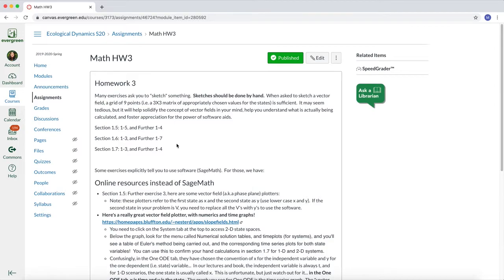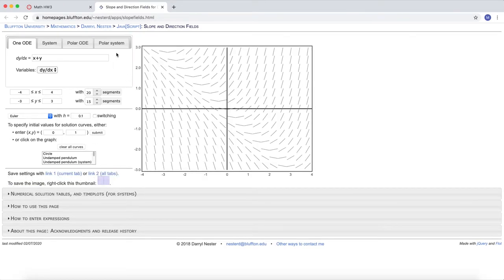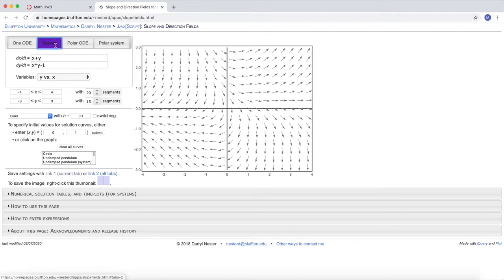They're finishing off chapter 1, and for 1.5 it seems like it might help if I was able to visualize some of these phase planes, or vector fields as they're called. So I clicked on the link there and I'm taken to this wonderful website. I'm so happy this website exists, in which I can visualize dynamics for a one-dimensional system or a two-dimensional system here. Polar coordinates, that's fun too. I'll let you click on that when you feel like it.